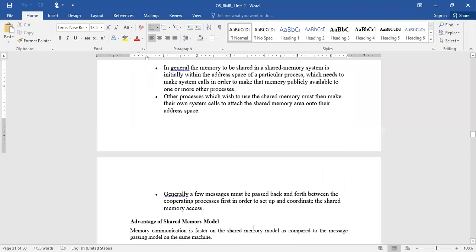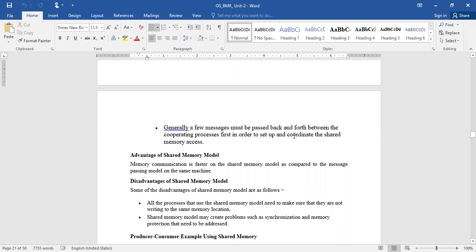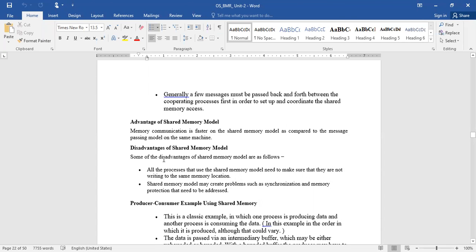Generally, a few messages must be passed back and forth between the operating processes first in order to set up and coordinate the shared memory space. Those who wish to use the shared memory can pass certain messages between them before setting up the shared place.